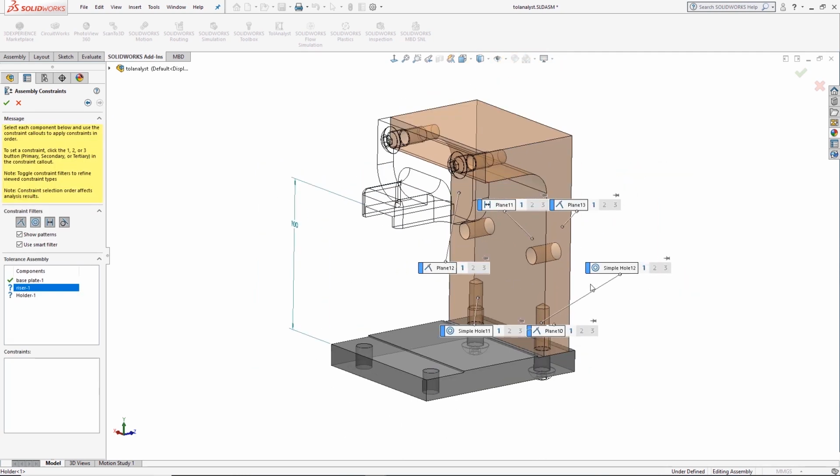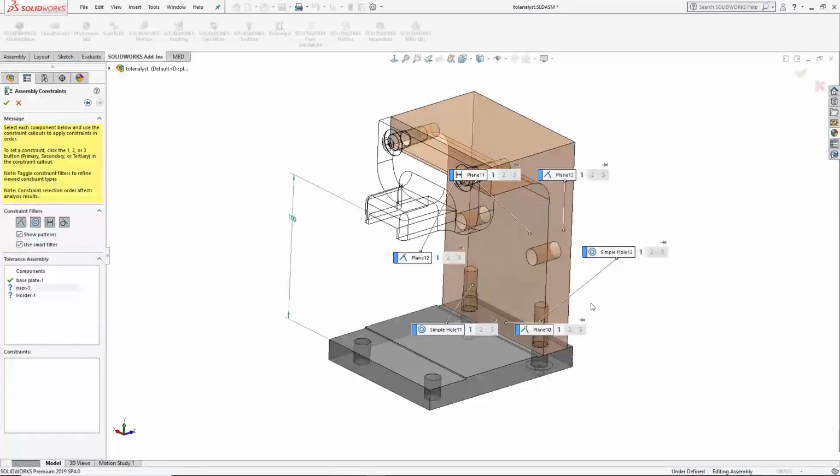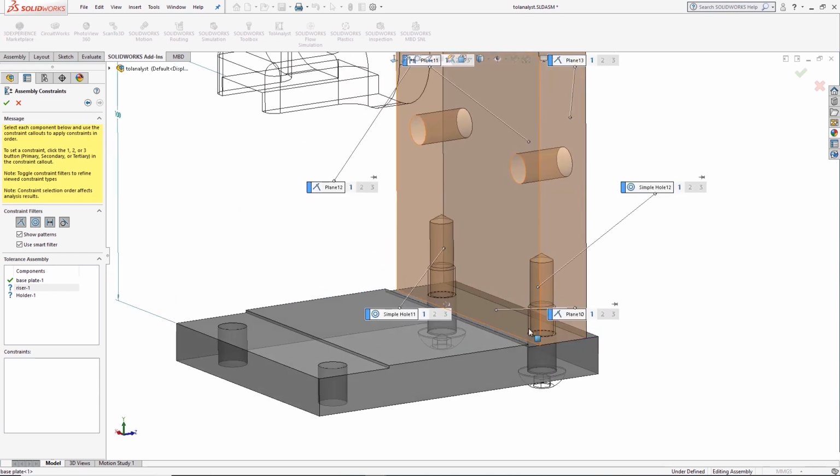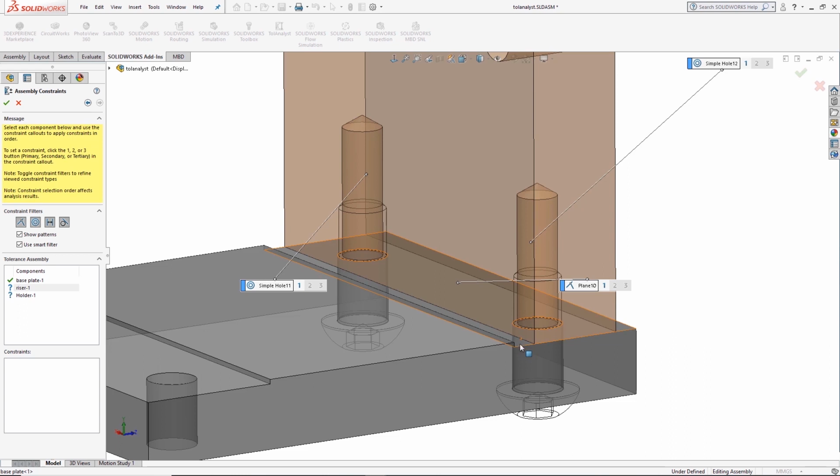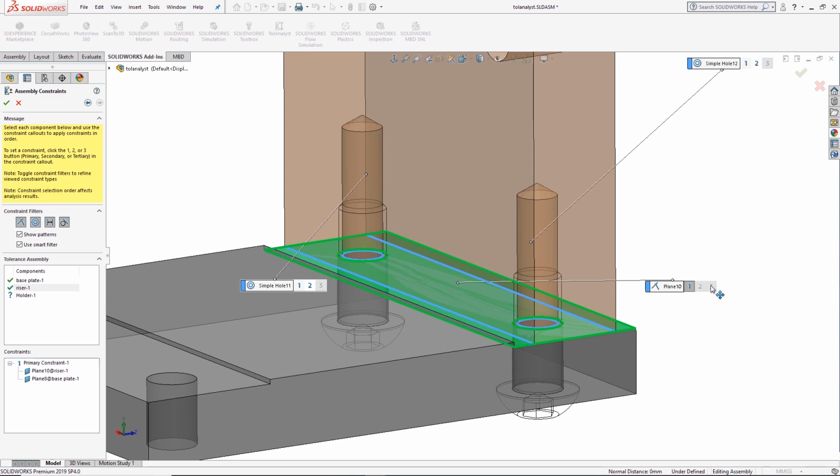Okay, so dimensions. Now this time round, due to the way it's been mated, there's actually multiple dimensions to pick from. And depending which dimensions we choose will depend on how it transfers from part to part. In this case, there's actually a coincident mate with the top of that grey face to the bottom of that orange riser. So we're going to use that coincident mate here. You can pick multiple mates. You have the option of picking 3 in total, and that will again affect the results.